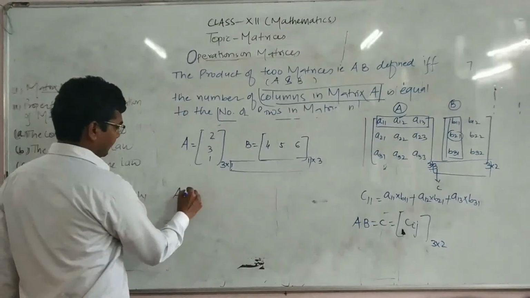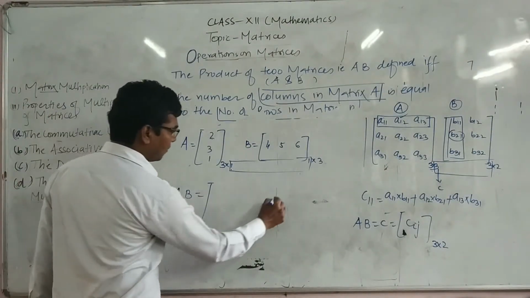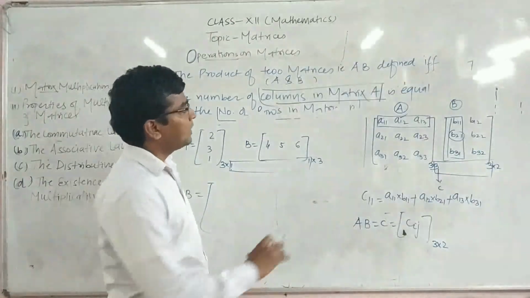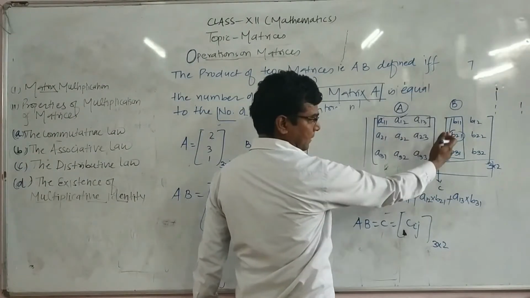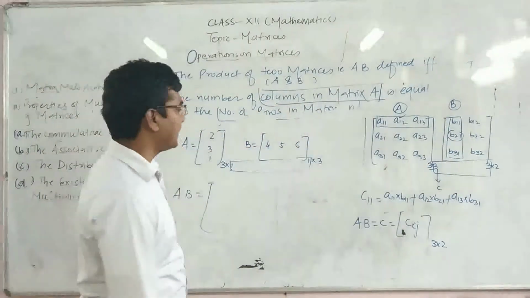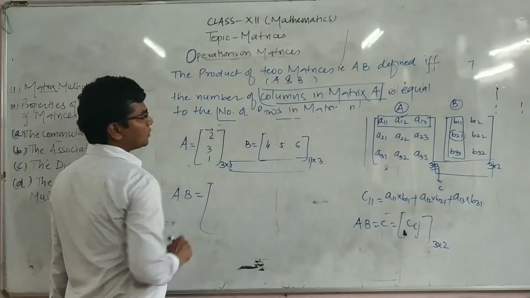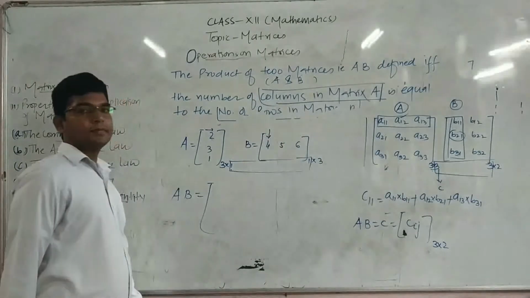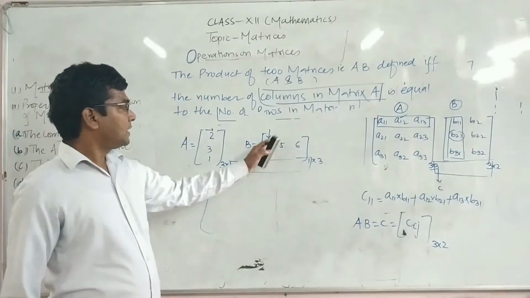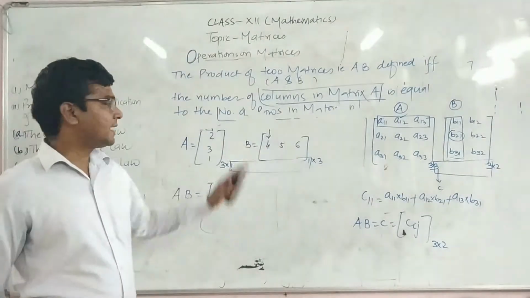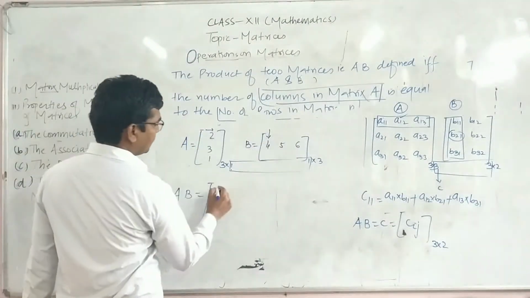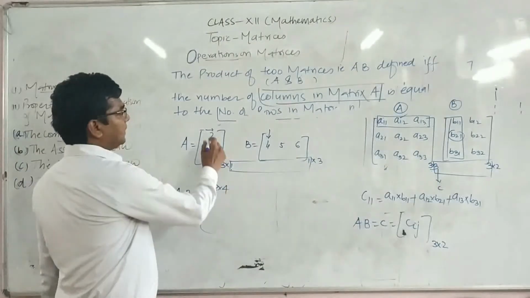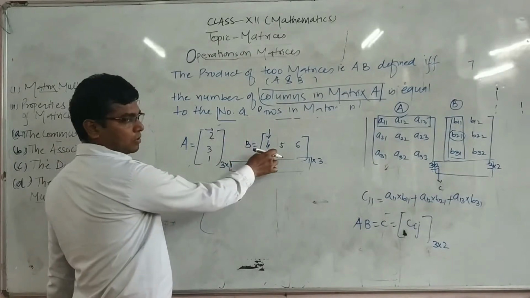How will the multiplication take place? Let us see. AB. Now we have to multiply the row by the column of the second matrix. Now this is row number 1, having only one element, which will be multiplied by the 4, that is column number 1 of the second matrix. So it will be 2 into 4. Directly you can write 8. Now the multiplication with this column matrix is over.